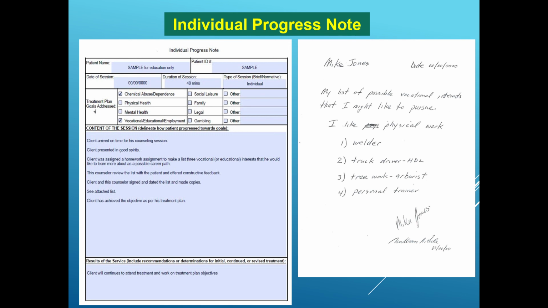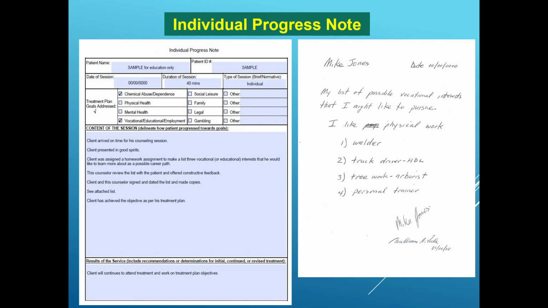So let's do it now. With our patients, it's very difficult for a recovering addict to get a piece of paper and a pen, those three things together at any one time on their own. So we want to help them do that. So let's get the paper and the pen, and let's make the list now. And they'll say, well, I don't know what to do. Okay, well, let's put your name on it, and let's date it. Always date your work so we know where we are. So put his name, Mike Jones, put the date on it.